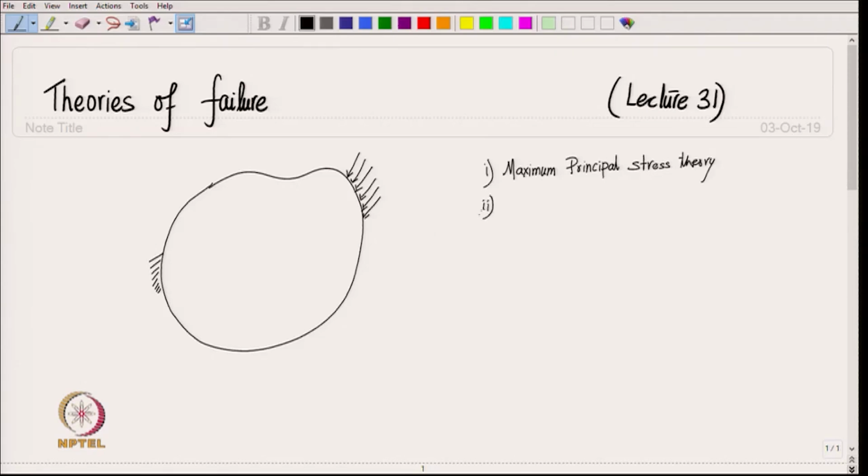Then the next one is maximum shear stress theory, then the next one is max normal strain theory. We also have max shear strain theory, then we have distortional energy theory,